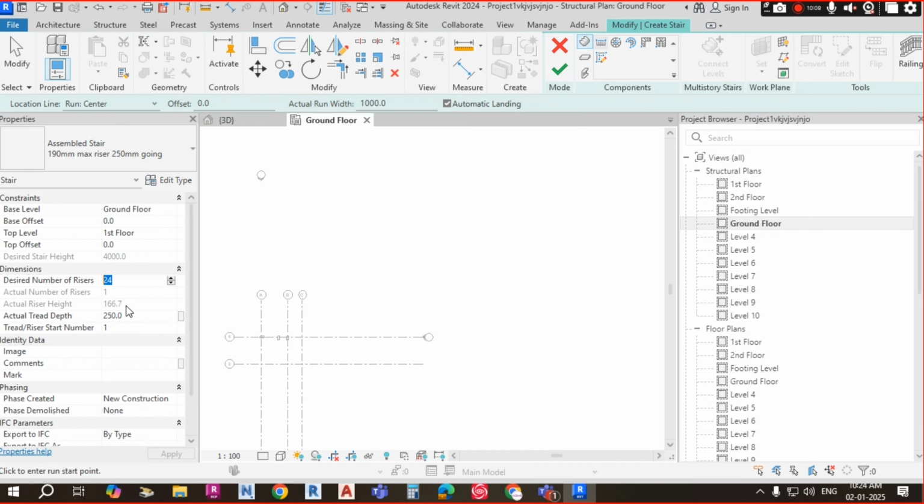And if we go here, 166.7, because I told you already the maximum riser height will be 190 mm. So below 190 we are able to go like that. Or if it goes with 22, it will also be the same. But if you are